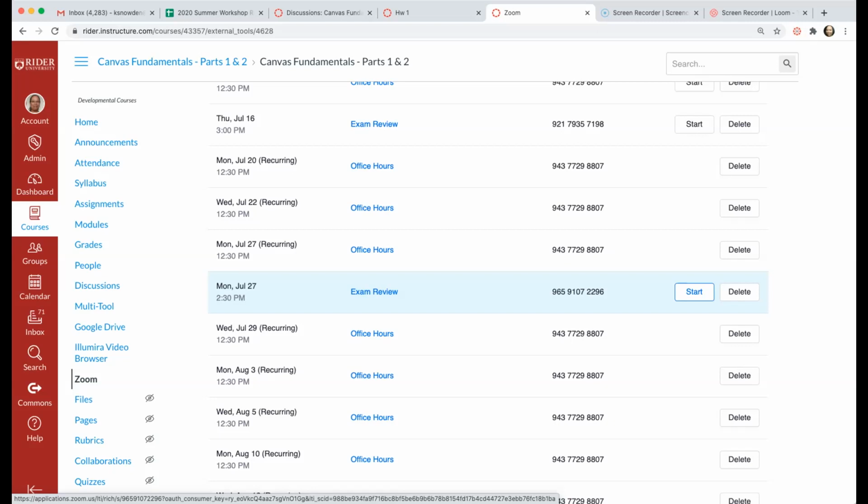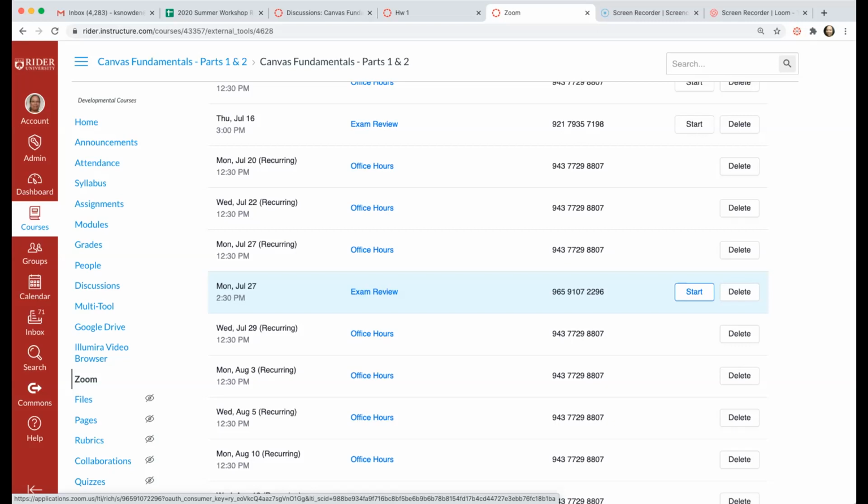I'm not sure about Loom, what they charge for theirs, but they're very easy to use. Not a whole lot of learning curve required for using those tools, and they are very flexible. So when you're thinking about recording a lecture for students, maybe it's to narrate a PowerPoint, maybe it's just to